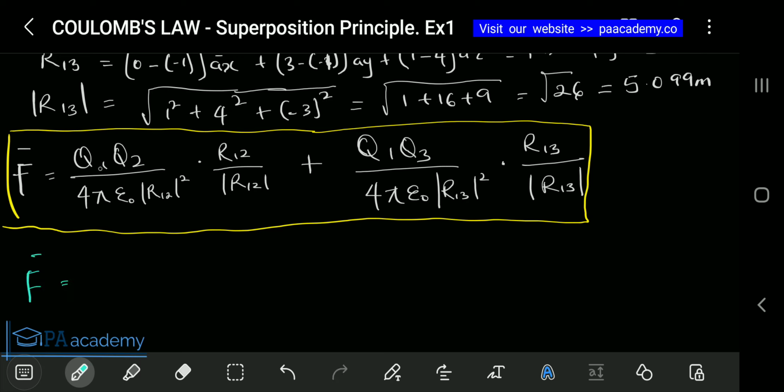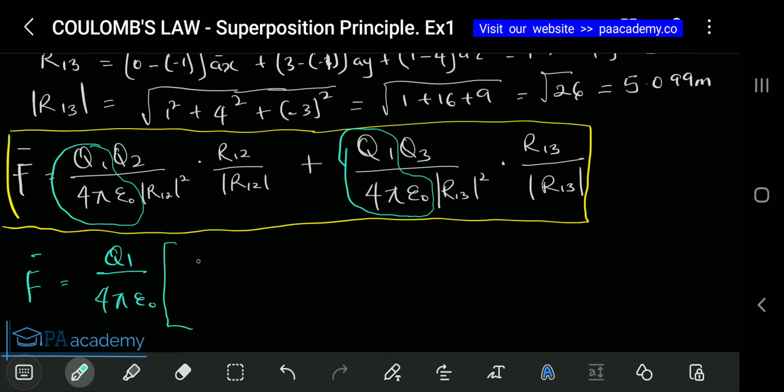If you look at what we are having here, you see that this part that I circled here is the same thing with what we are having here exactly. So we can factor it out as q1 over 4 pi e naught into brackets, q2 over r12 square multiplied by the unit vector r12 over the magnitude of r12